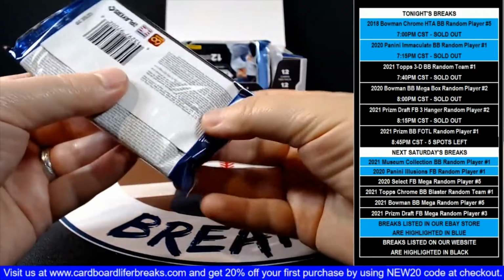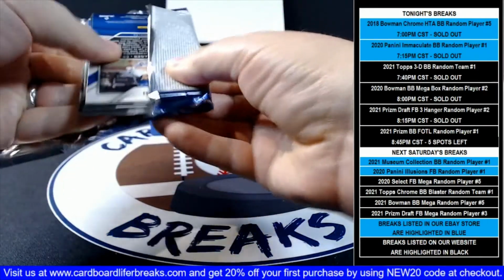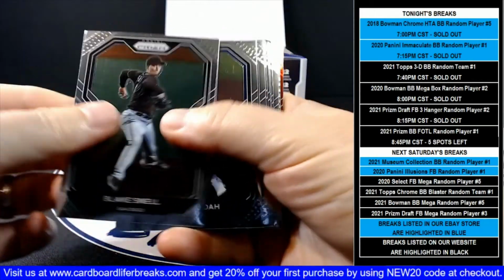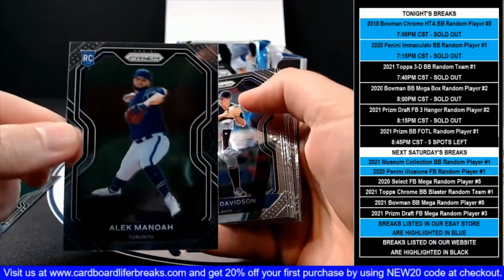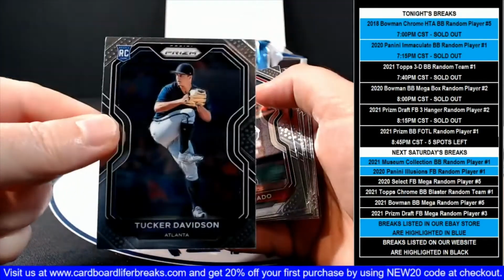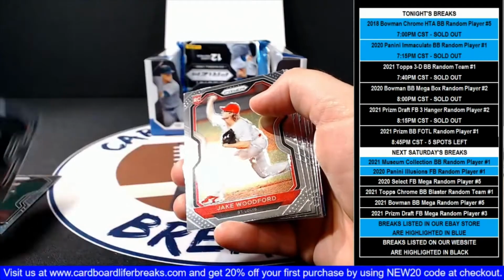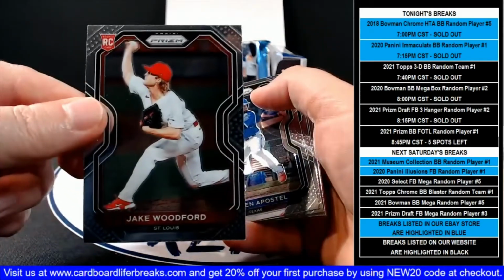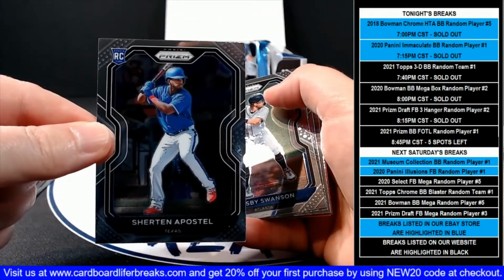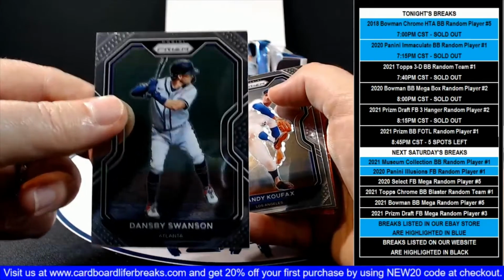Pack number 10. Blake Snell, Alek Manoah rookie, Tucker Davidson rookie, Nolan Arenado, Jake Woodford rookie, Sheraton Apostle rookie, Dansby Swanson,